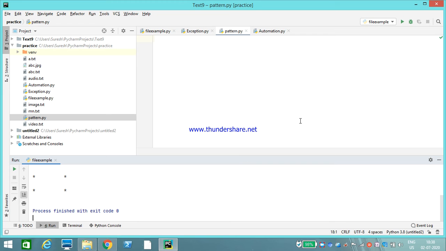Today we are going to learn how to write some patterns in Python. Patterns in the sense like printing stars in a triangle pattern, printing stars in a character like A, B, C, D up to Z, and printing numbers in a triangle pattern, printing alphabets in some equilateral triangle or right angle triangle pattern. So today we are going to learn everything.